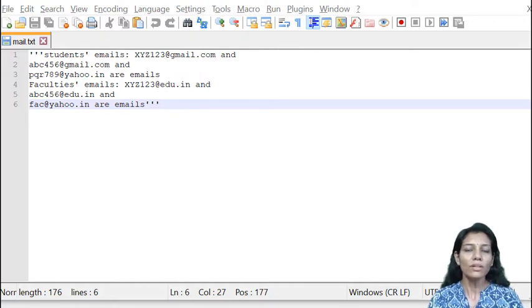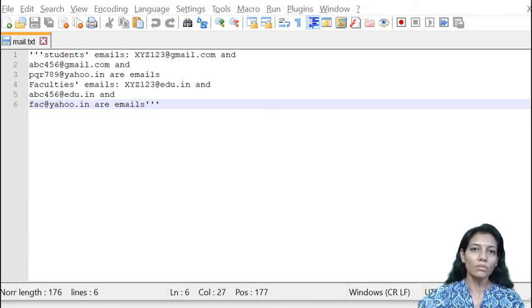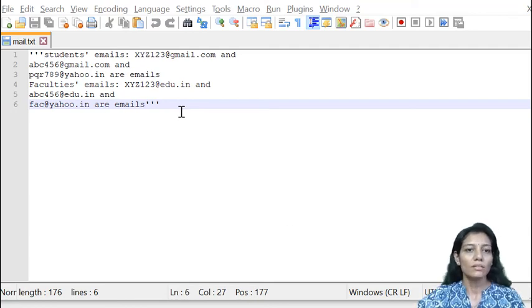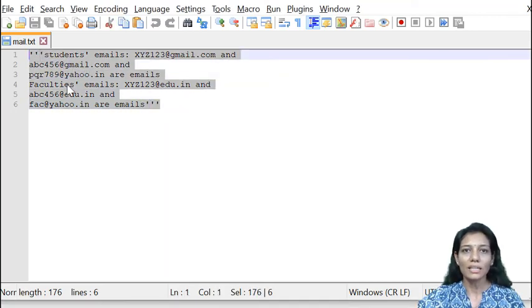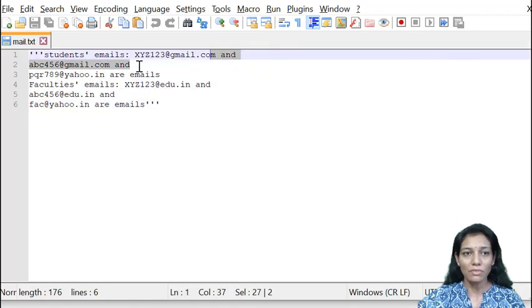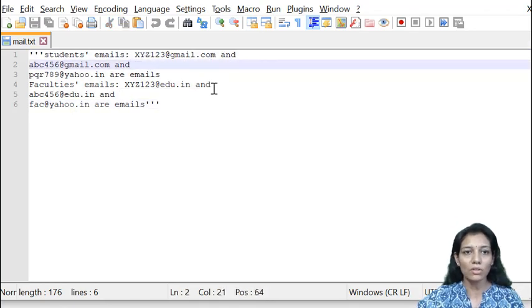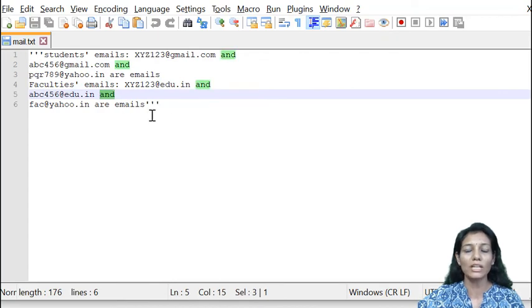A very important use of regular expressions is to extract information as per our requirement from a file. As you have seen, many log files are created with messy information, and we want to find some of the information based on our requirement. Here I have taken one file where different email IDs are there with other information, and of course they are not formatted, meaning you can't figure out at a specific location where the email ID is written.